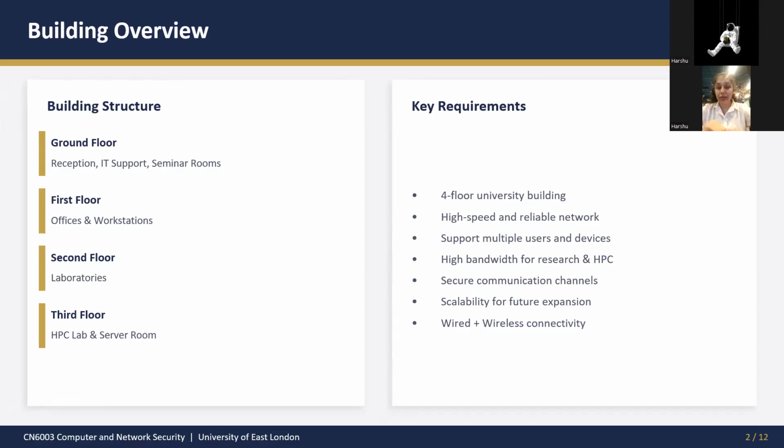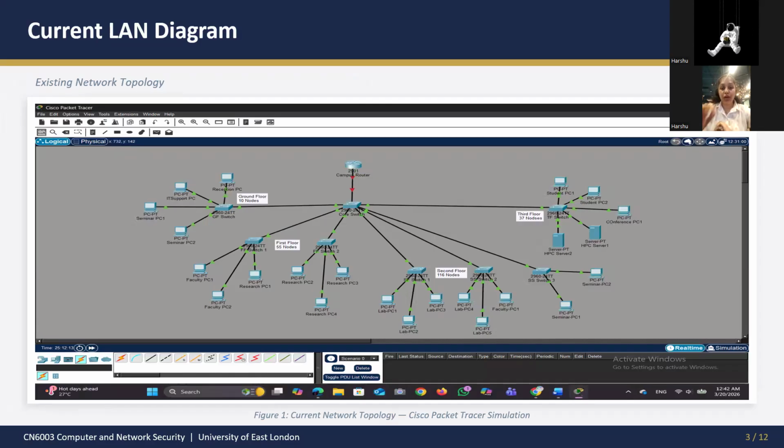Additionally, the network must be scalable so that future expansion, such as adding more devices or departments, can be accommodated easily. Finally, both wired and wireless connectivity are required to support different types of devices, including desktop computers, laptops, and mobile devices. When we talk about current LAN design, local area network design, this slide shows the current LAN design based